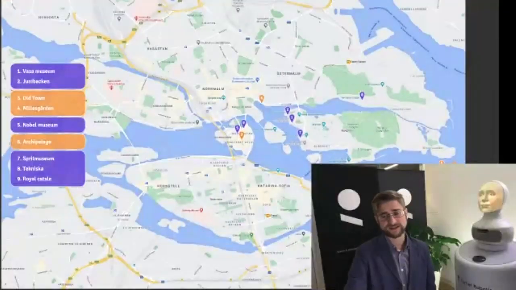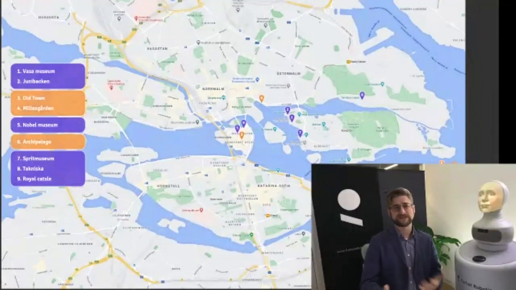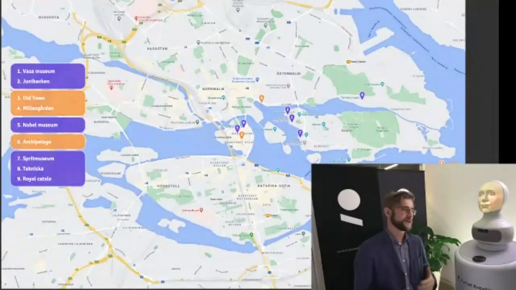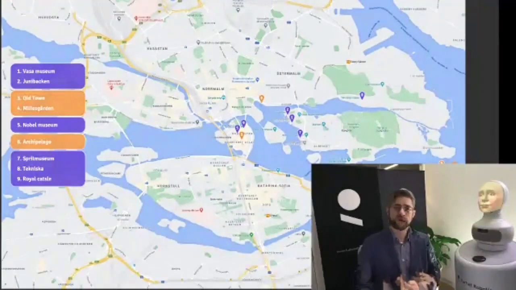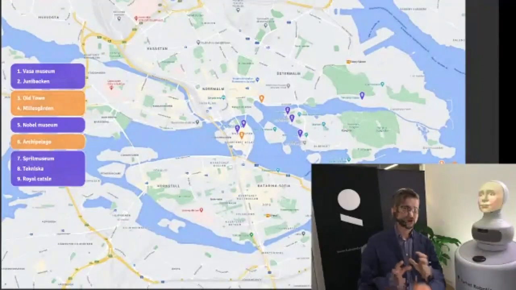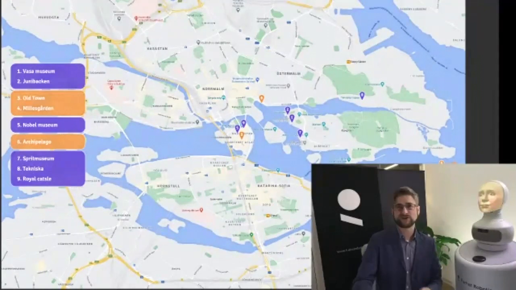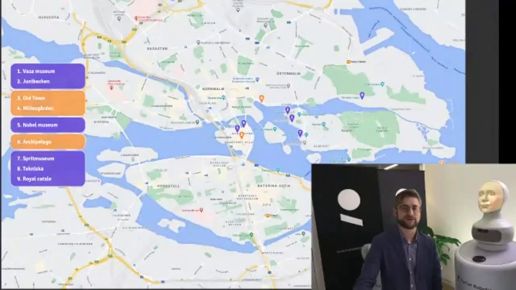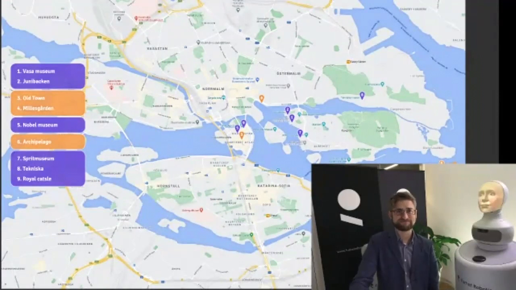Of course, you can also support this interaction with a screen where you can perhaps have a map, something like this. So when you're talking about these different locations, they can be mapped out on a map, and maybe there's some directions to there. And also, in this type of interaction, perhaps you want a little bit more user involvement and the user driving the conversation and saying, I want to see this, or where is that, or can I take the subway, or how much is the ticket to go to this place, and so on. But for this demo, we wanted to make more of an experience where the robot was taking charge and giving you an experience with the robot.